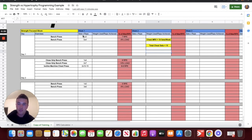And I do use sets to calculate volume. I don't really pay attention to tonnage as much, although I do pay attention to it somewhat, which is why I did a 5x4 instead of a 3x6. It's going to be similar in terms of tonnage overall and overall set reps done. But what this will basically do is have you, one, stay a little bit more healthy, make sure that you can,